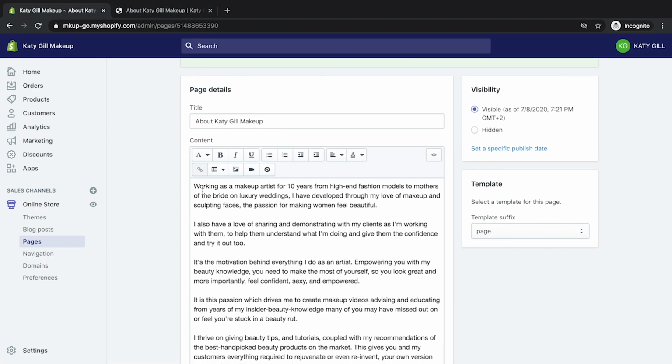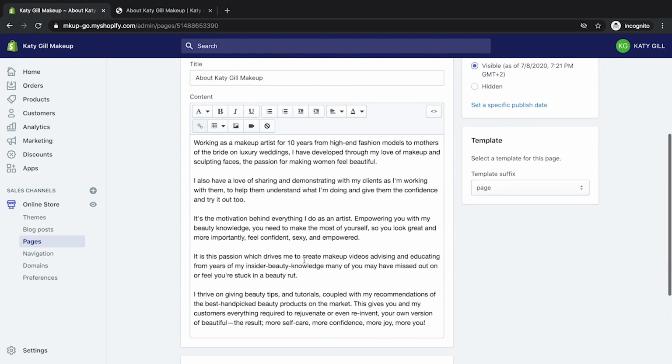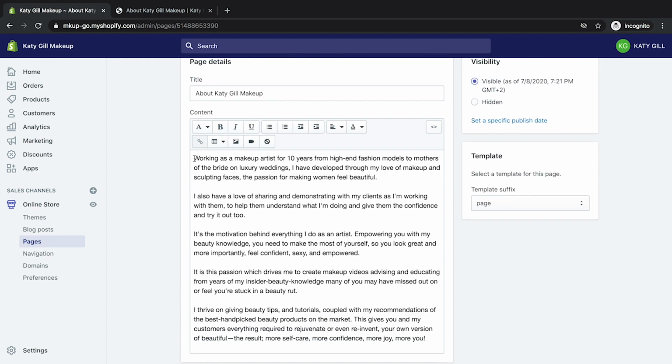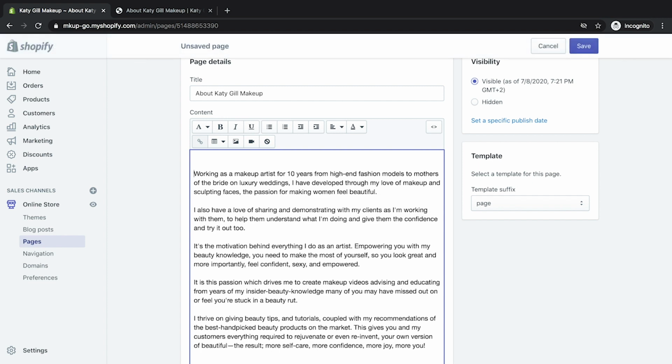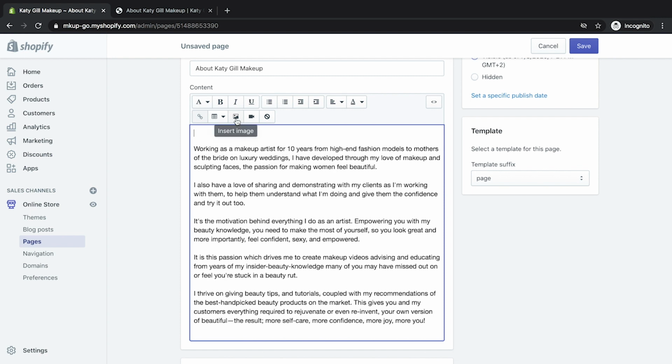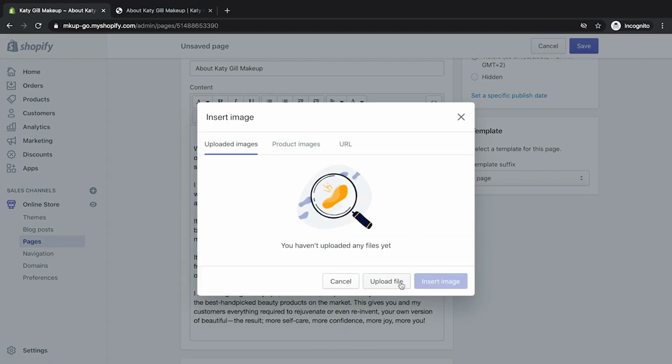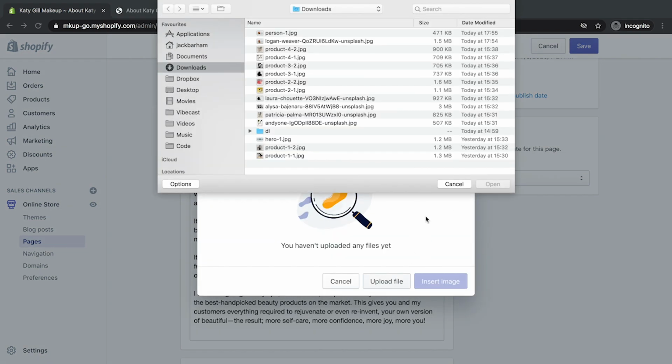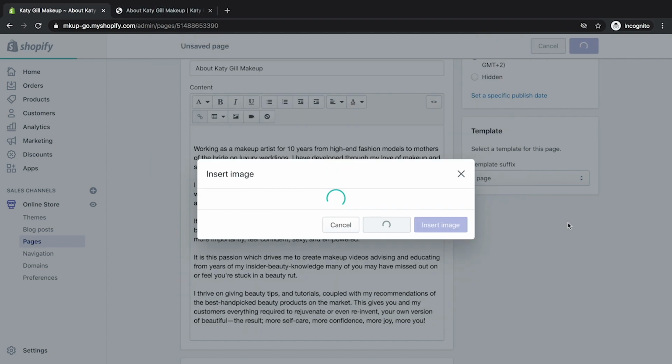We want to add in an image. This is where it gets a little bit fiddly and a little bit tricky, so bear with me and I'll walk you through what you need to do. So add an image, put a set down. We want to add an image at the top. We click on image, and we want to upload a file. I grabbed an image from Unsplash and then edited it again in BeFunky like I did earlier, and we'll open this one. So we'll replace this with an image of Katie, but at the moment we're just using this placeholder image.